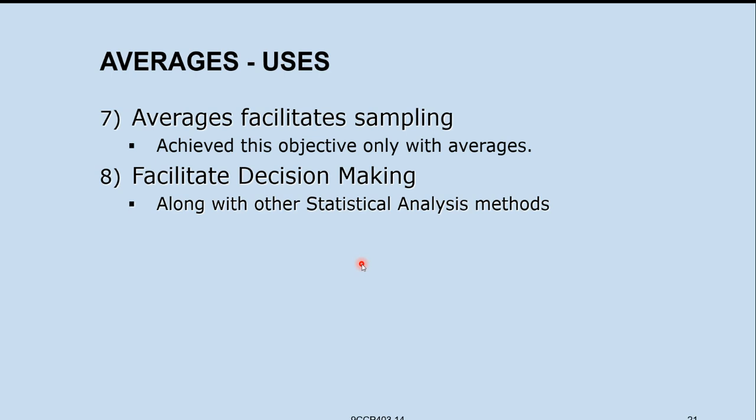Now we'll see what is actually sampling and other methods. Sampling means, I have explained to you in unit 1, sampling is taking a part of the group for testing, for applying the statistical methods, for analysis. We will take a part of the group because when the group is very large, then it is very difficult to calculate the statistical methods on the large group. So in those cases, we will take only a sample.